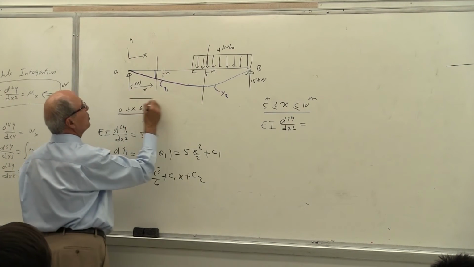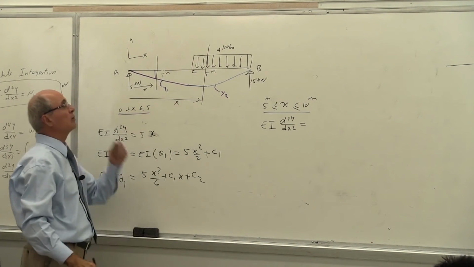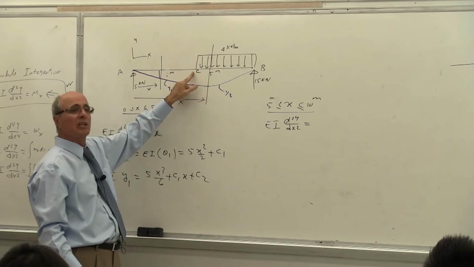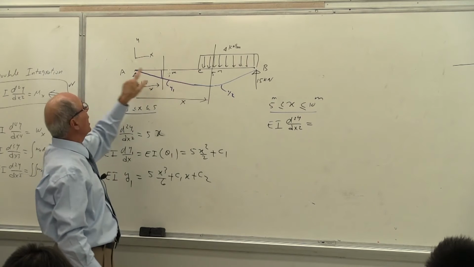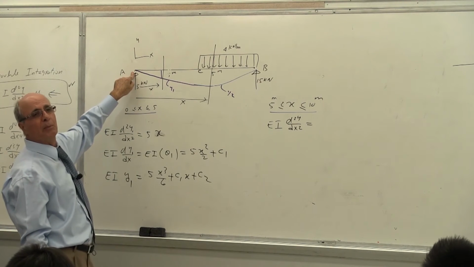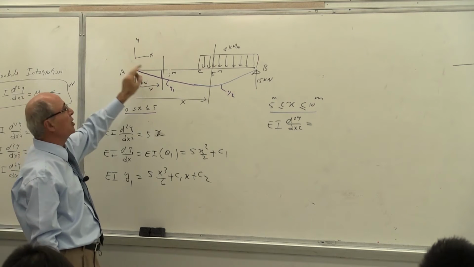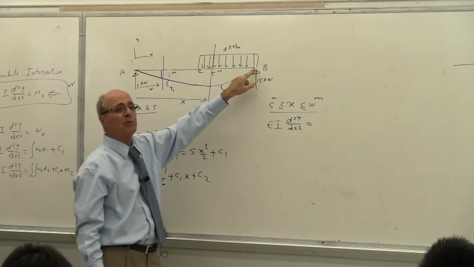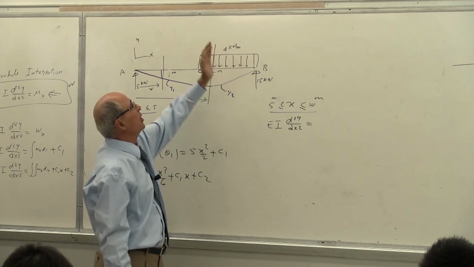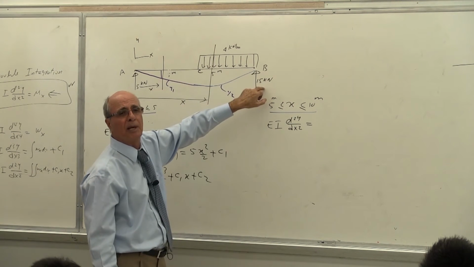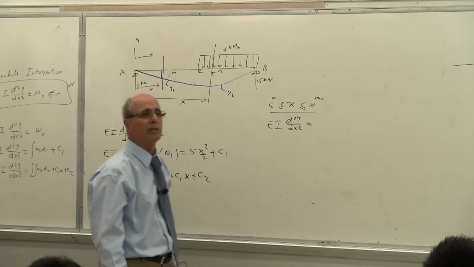But I'm going to call this distance, now some of you in AB 218, you call this distance x, because you think the starting point is here. No, x starts from point A, yes or no? Because you are not changing your coordinate, yes or no? Still this point is x equals 5, this point is x equals 10. If you put your new x coordinate here, this becomes x equals 0, this becomes x equals 5, which has nothing to do with the other coordinate.